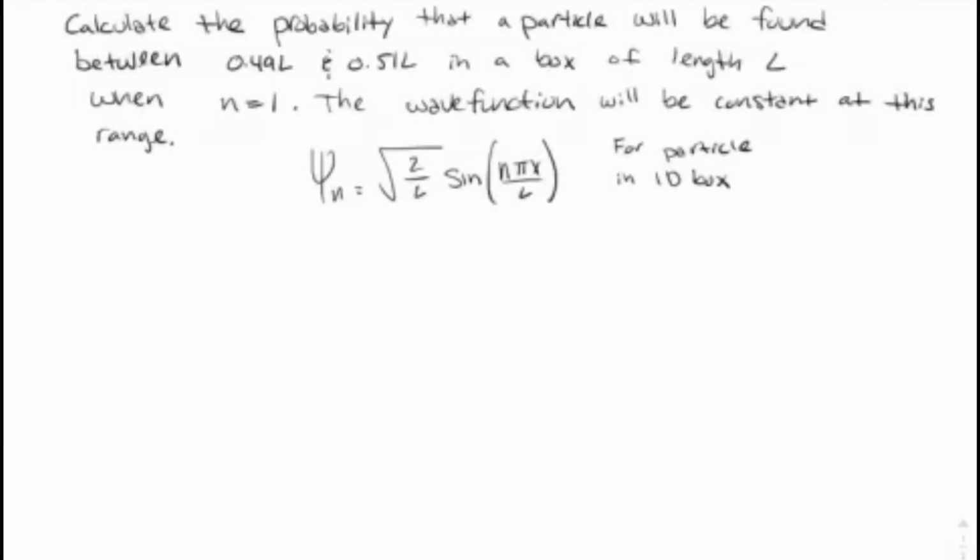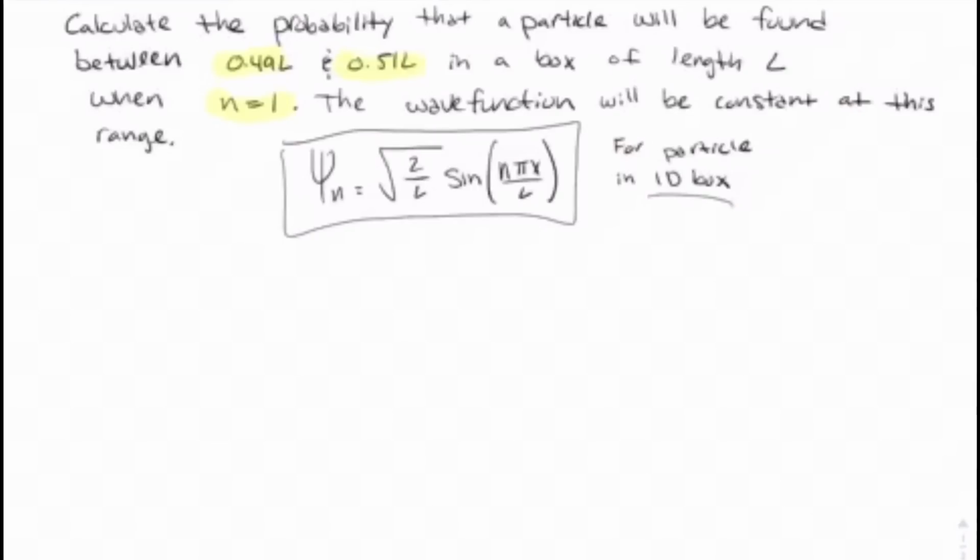Hello, so in today's video we're going to calculate the probability that a particle will be found between 0.49 and 0.51 L in a box of length L when n equals 1, noting that the wave function will be constant at this specific range. So over here we have the general solution of the Schrodinger's equation for a particle in a one-dimensional box. So I'm going to show you guys the way I would prefer to go about this problem,